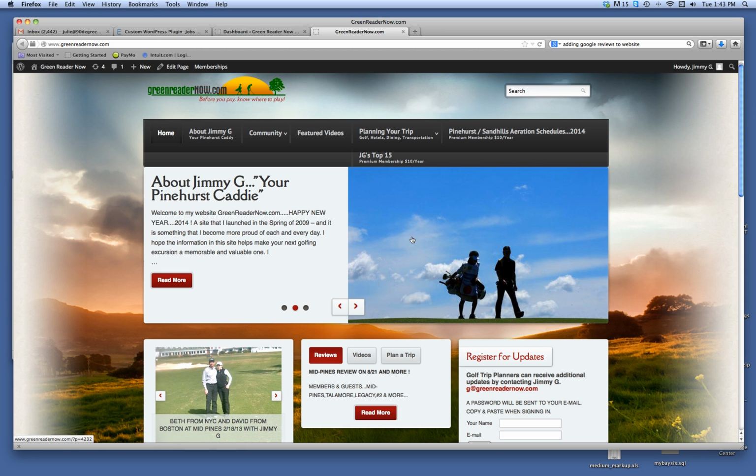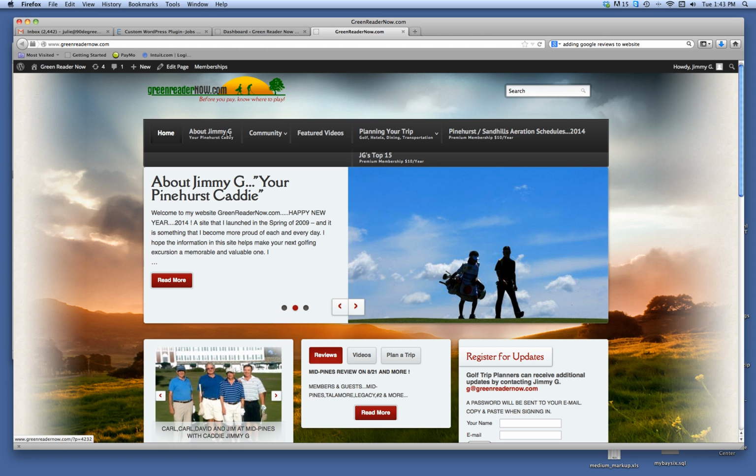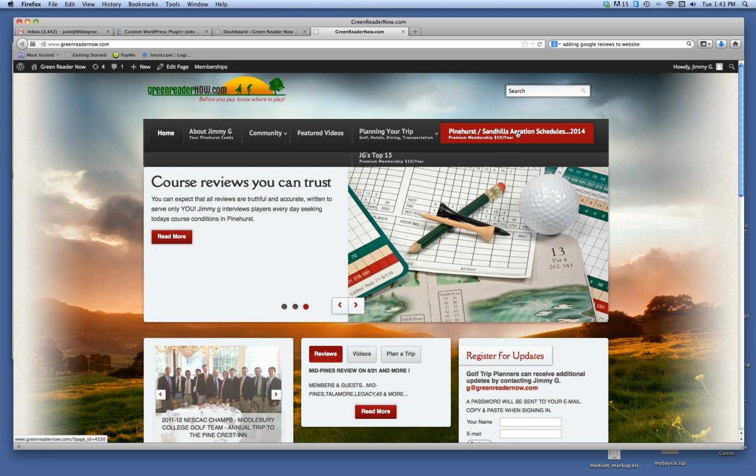So we're going to talk about how to add a post here, which is this information on the left, and then associate a photo with that post, which is this photo here on the right. Another thing that we're going to do is shorten this menu item here and make that just aeration schedules,